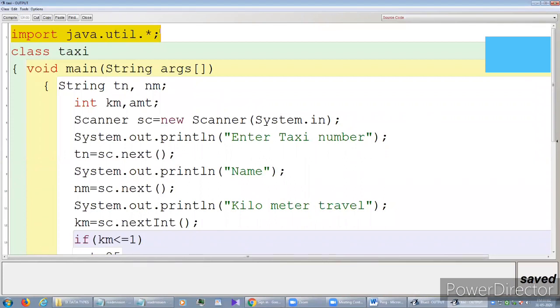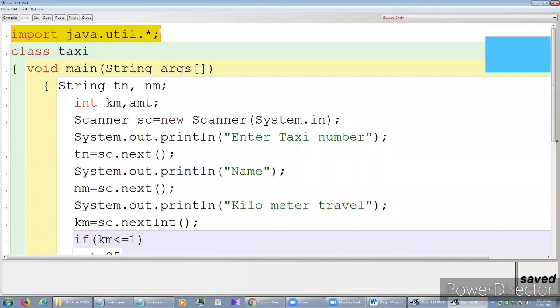Package means, as per the name, it's a combination of classes, methods and everything together. Import is a keyword by which we can import all the things that belong to java.util, and the star indicates that we can use everything we have under java.util.